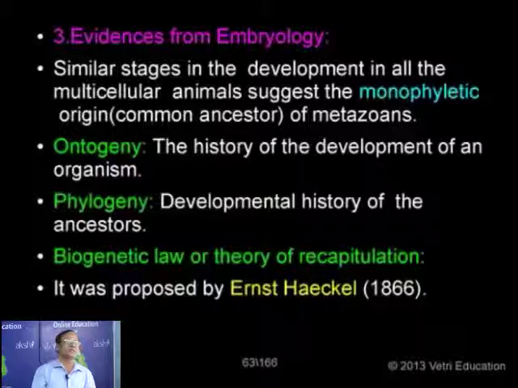While if we are talking about the developmental history of an ancestor, then it is called phylogeny. Take an ancestor of a frog. It would be a fish-like ancestor. So if you are talking about the life history or the various developmental stages in the life history of the ancestor of a frog, then it is called phylogeny. So the study of development of an individual is called ontogeny. The developmental history of its ancestor is called what is known as phylogeny.